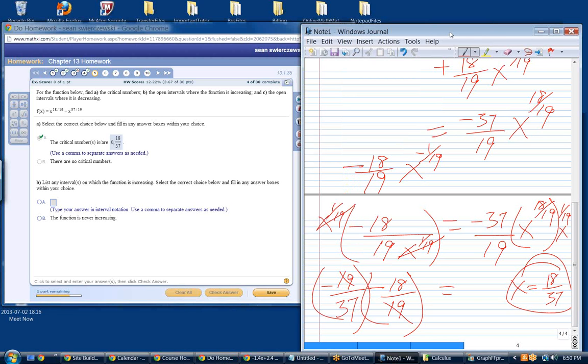But for the original function to be increasing, the first derivative has to be positive. It has to be greater than 0. Well, we just figured out that at x equal 18/37ths, the first derivative is equal to 0. So on either the right or left of that number,